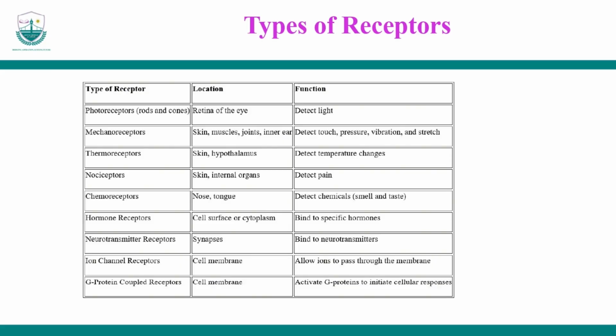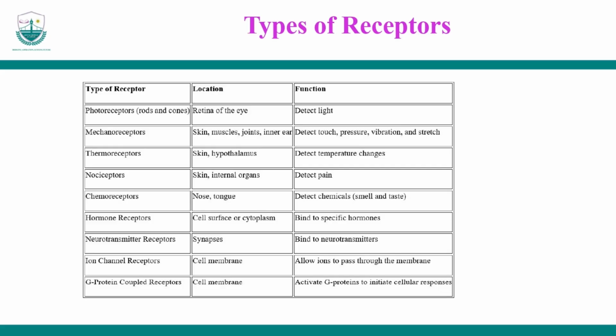And then we have what we call mechanoreceptors. These ones can be found in the skin, muscles, joints, and then inner ear. So here we have information that these receptors pick about what has touched us, or what we have even touched. That is touch, and pressure. Okay, pressure that is exerted. For example, we have